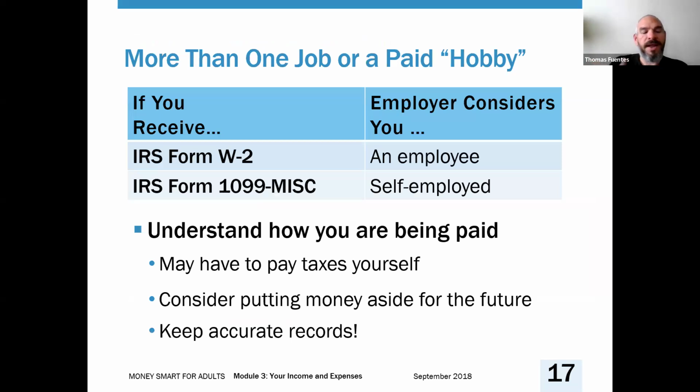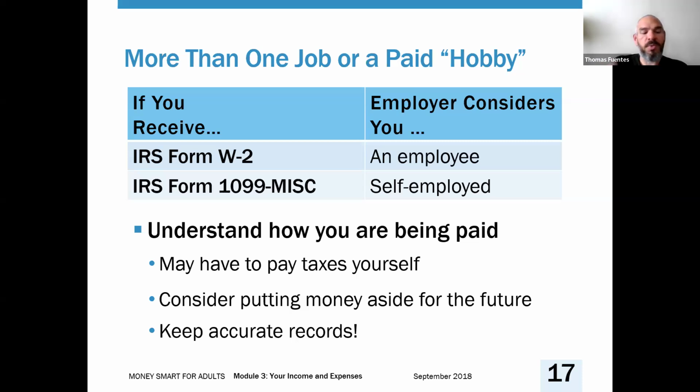So while you may not have a job like that, you could be considered a W-2 employee or a 1099 employee. If you receive a form W-2, the employer considers you to be an employee. If you receive form 1099 MISC, you're self-employed. Okay, so that's the difference between the two, and it's helpful to know